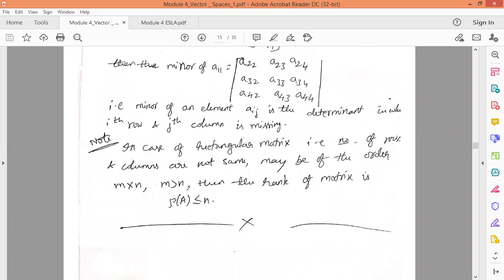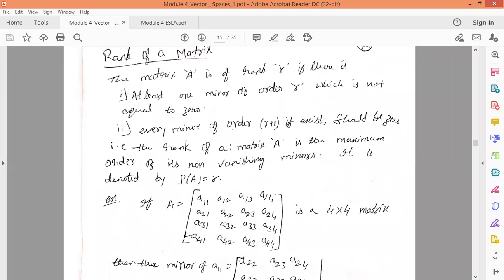So here, as I told, the rank of a matrix is nothing but, suppose the minor of some order, when you calculate the determinant, it should not be equal to 0. Then it will represent the order of the rank of a matrix. And then,